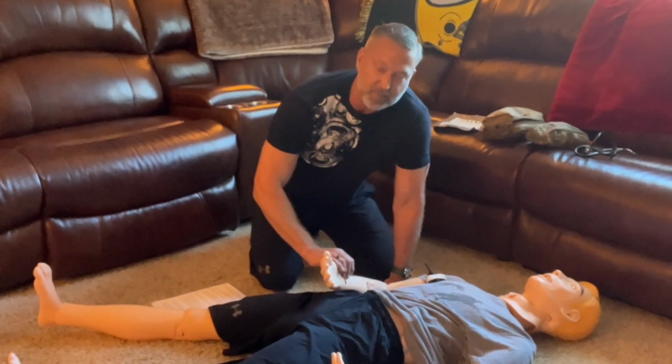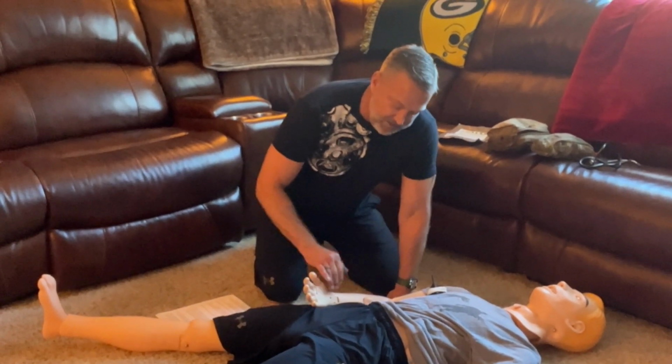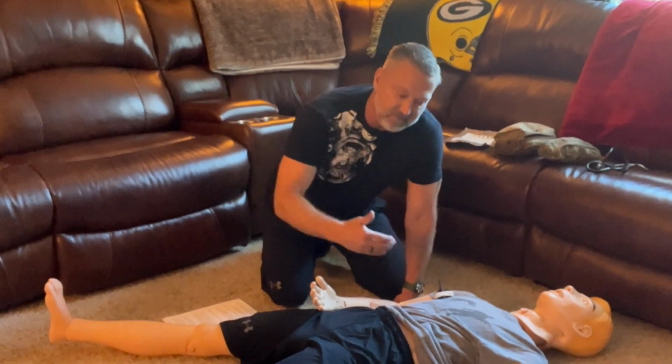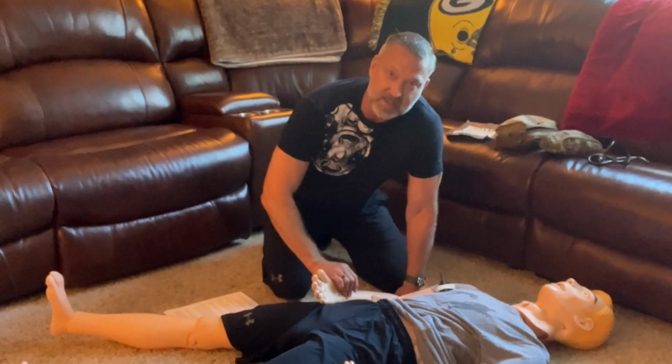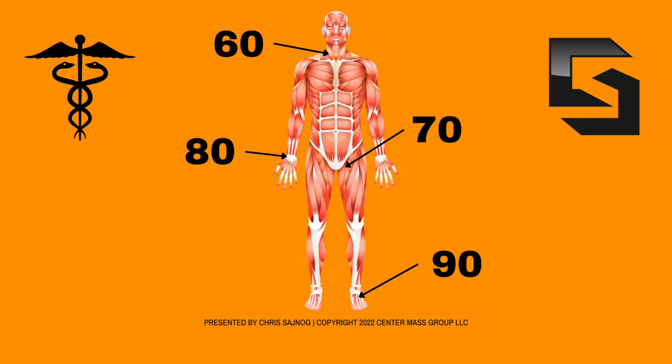This is the pulse most people are used to. Remember that the pulse is on the thumb side of either arm, so make sure you're checking the correct side. All right, so we've got 60, 70, 80, and then 90 is the dorsalis pedis pulse, which is on the